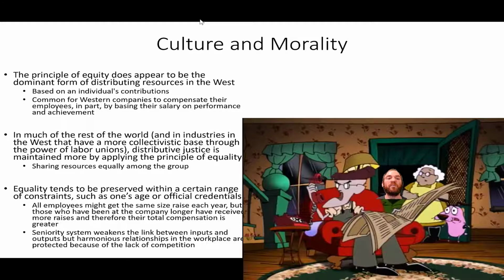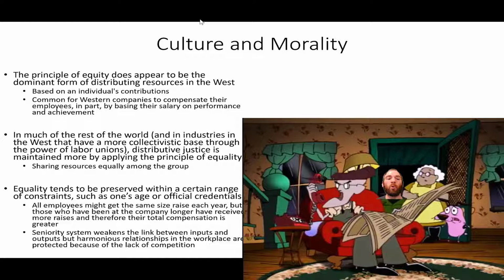And that's based on individuals' contributions. It's common for Western companies to compensate their employees in part by basing their salary on performance and achievements. In much of the rest of the world, and in industries in the West that have a more collectivist base through the power of labor unions,